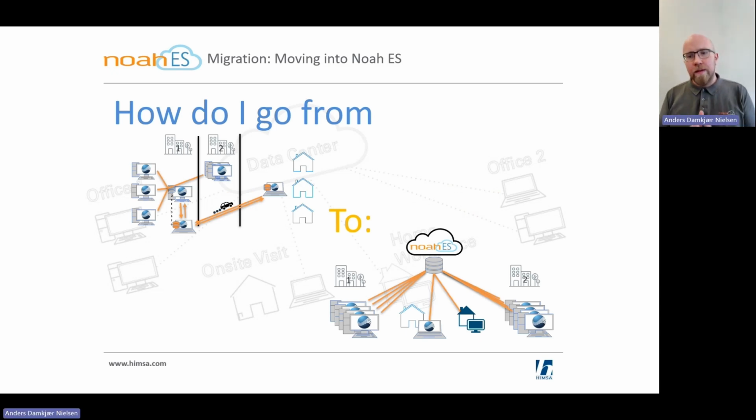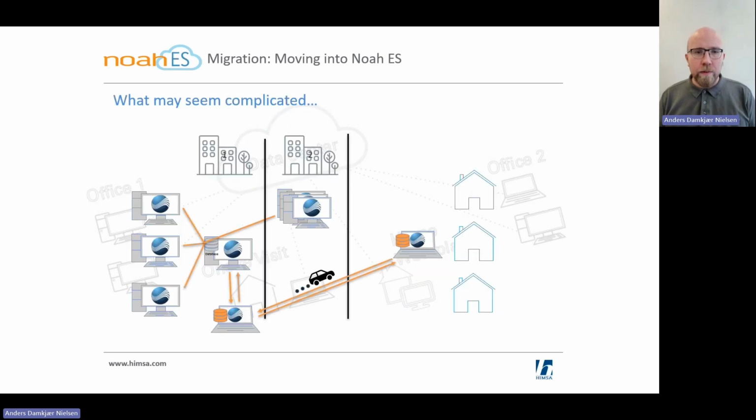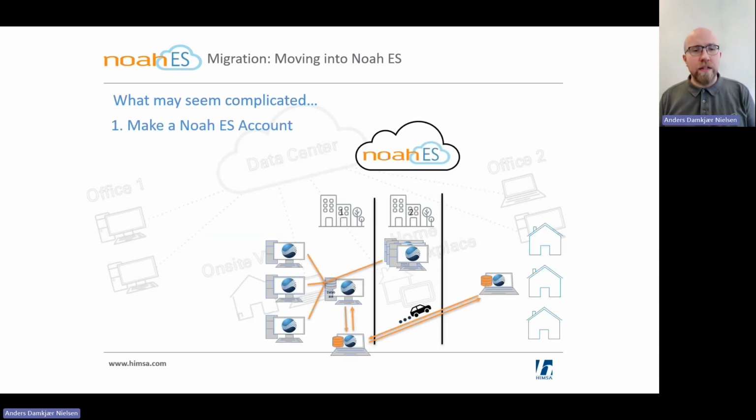Migration. How do I get from the old NOAA system setup and into the NOAA ES setup? Well, if we start with just looking at the NOAA system setup, there are a number of steps that we're going to have to take to successfully move over to NOAA ES. The first is, of course, that we're going to need a NOAA ES account. Getting one is as easy as going to noaaes.com, where there's a guide on how to contact us, and then you'll get everything you need, including guides on how to do the migration,